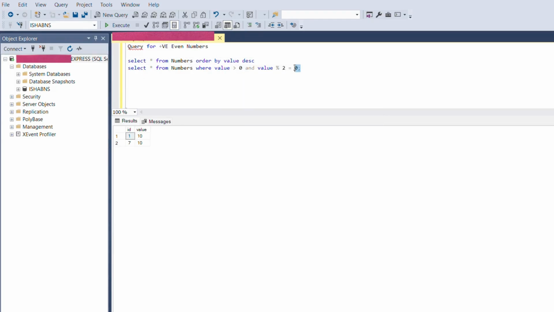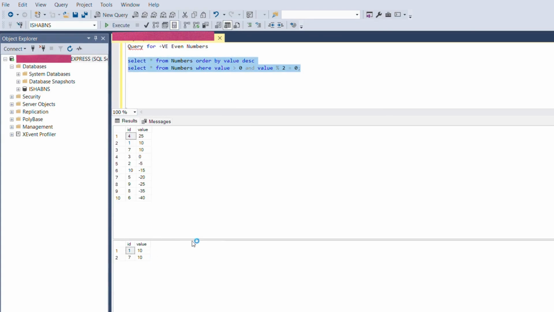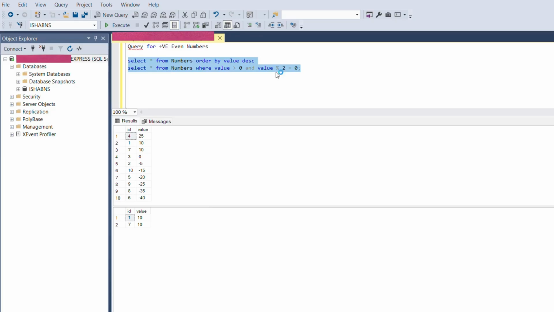Let me execute this. Here you can see the positive and even number. I have given % 2 = 0 and value greater than 0. If I give greater than or equal to 0, we might get 0 as well. Only 10 is there, so that is why we got 10 in the resultant set.